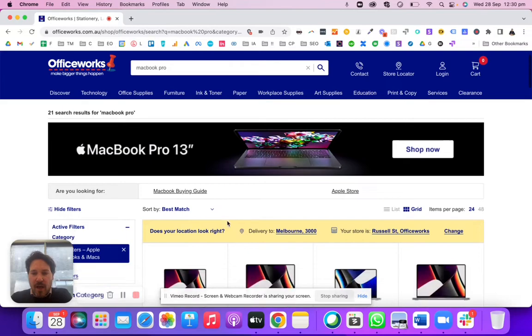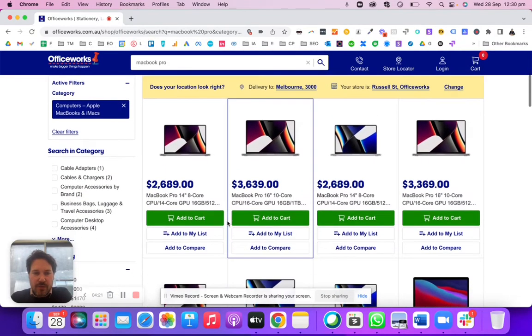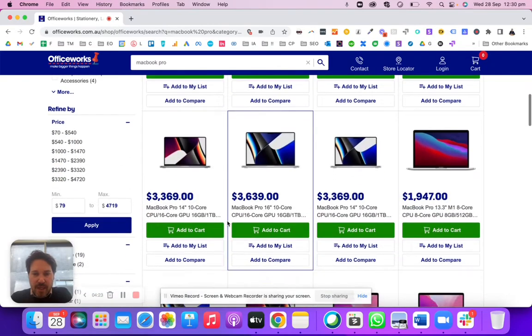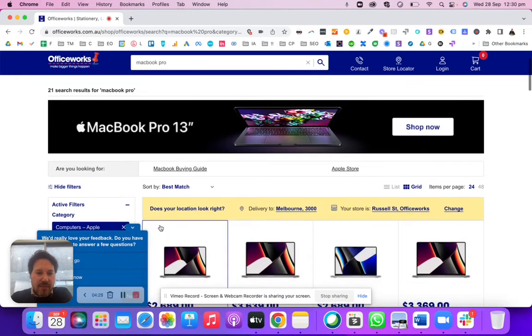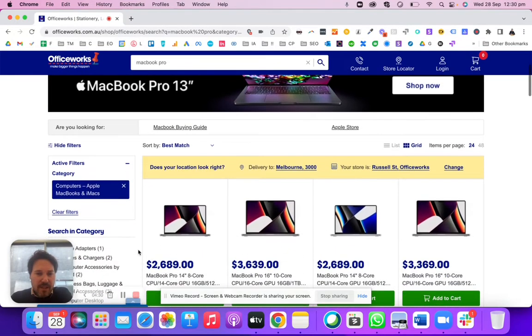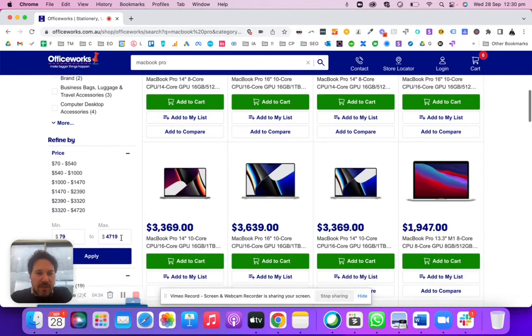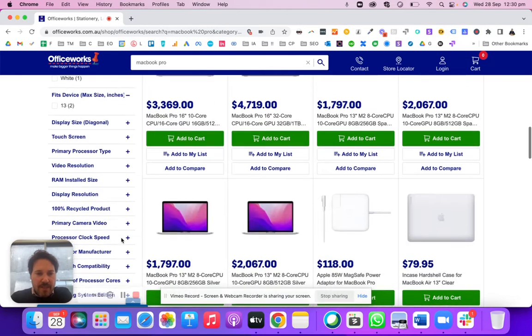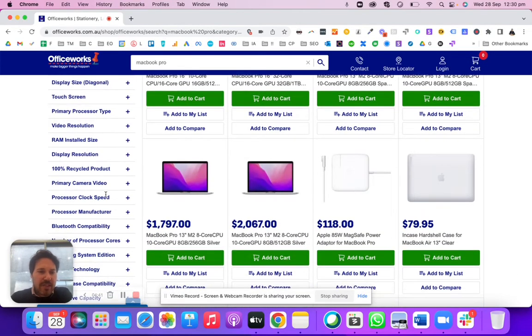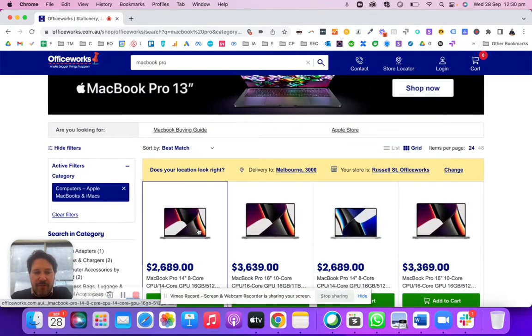So I'm looking here at my results, and this feels good. I'm seeing a lot of the MacBooks, so that orientates me there. I think the structure here is a really sound one. As we can see, quite a solid filter here of the options, so I can refine by it. And a lot of detail here actually. So you can sort of zone in on what you might want. For me on the MacBook Pro, I'm probably just